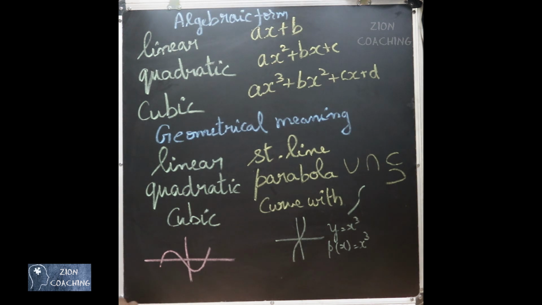Like that, any quadratic polynomial will have a maximum of 2 zeros. If a quadratic polynomial is going to have 2 zeros, then it will be touching the x-axis at 2 distinct points. This is how it will look. So I hope you understood the geometrical meaning of polynomials. Based on this, we are going to discuss the questions in exercise 2.1.